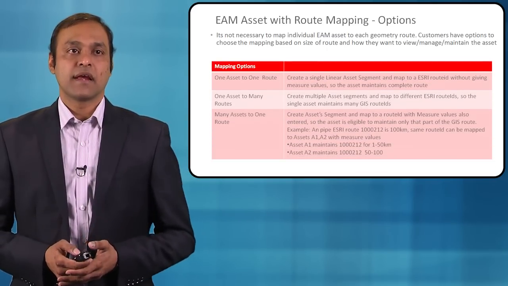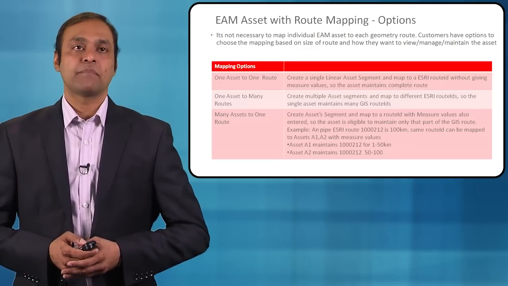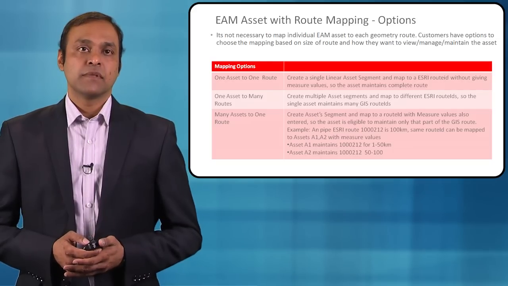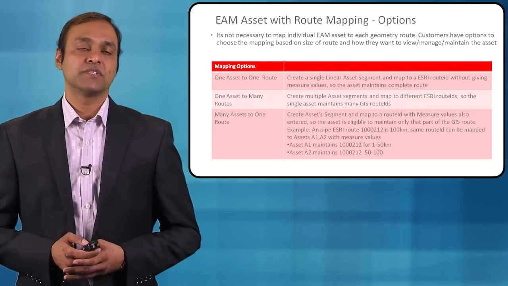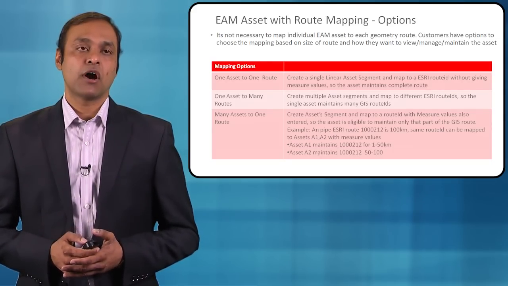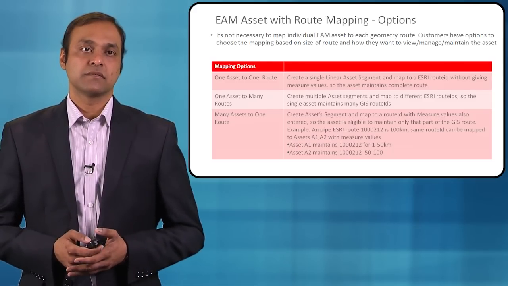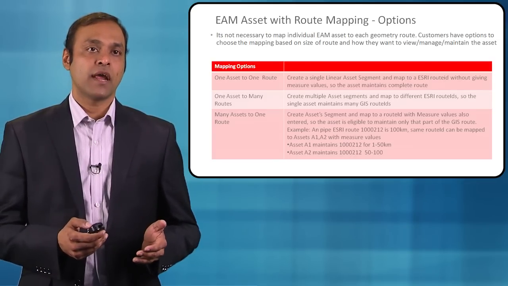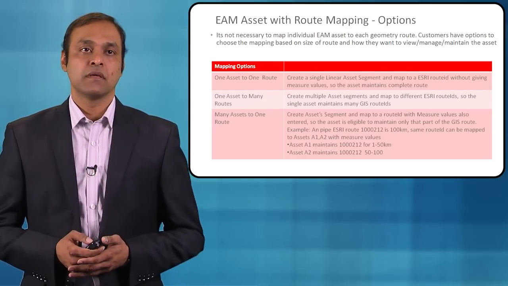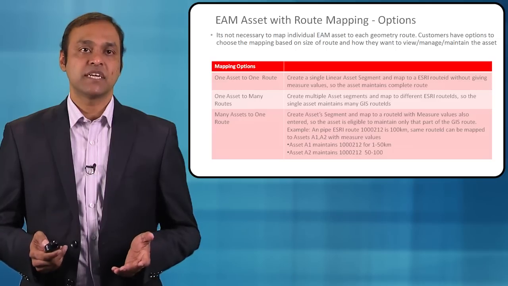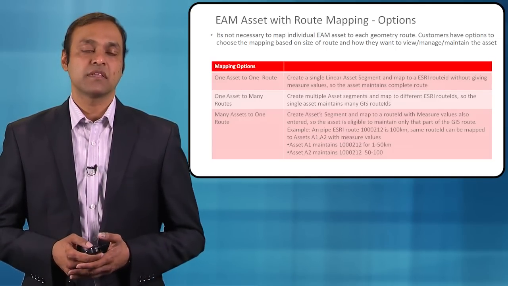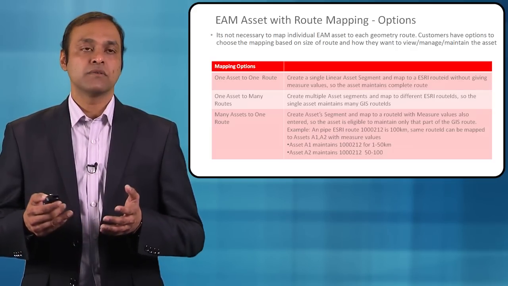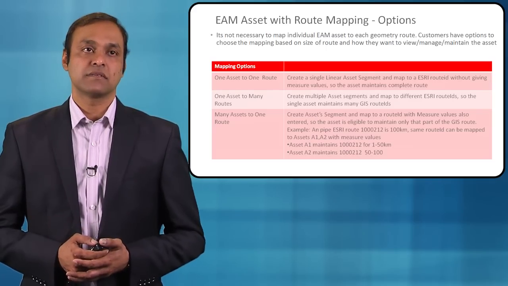This is an interesting slide, right, where how do I map the GIS geometry with the asset? We have various options. One of the important design considerations which we took is your geometry should not be defining your assets. The shape of the geometry, or these pieces of the geometry, should not be defining the number of assets which you will be maintaining. The assets from EAM are more of administrative purpose, the way in which you have to do the costing, the way in which you have to maintain it. So